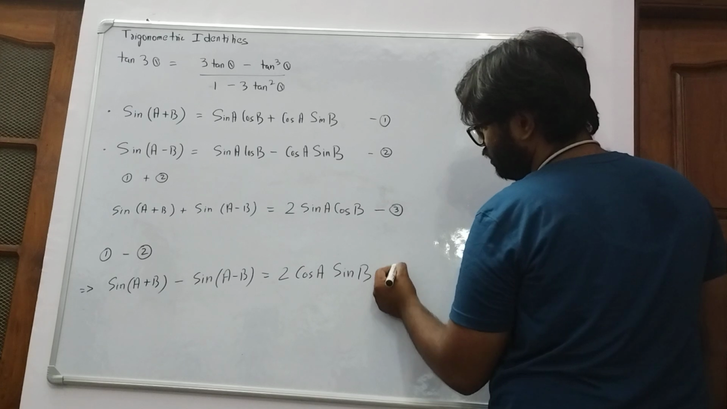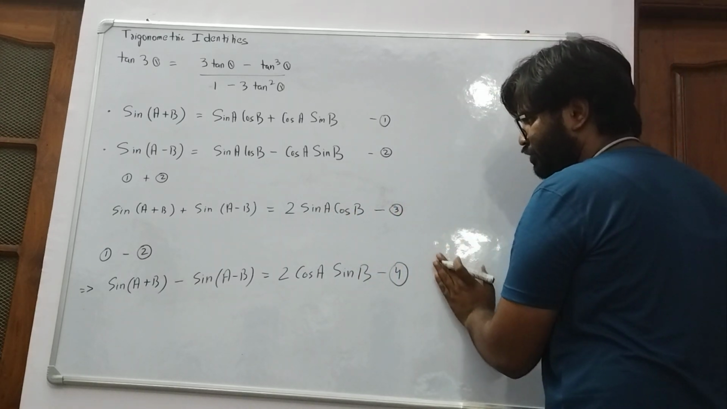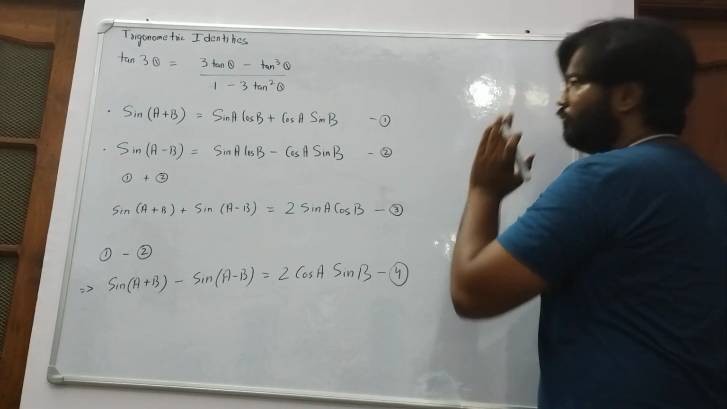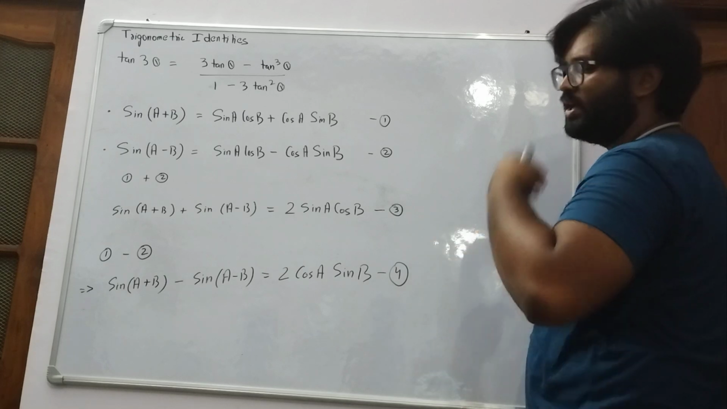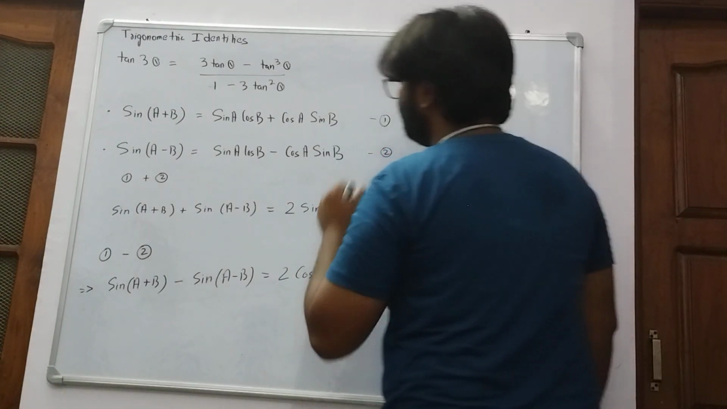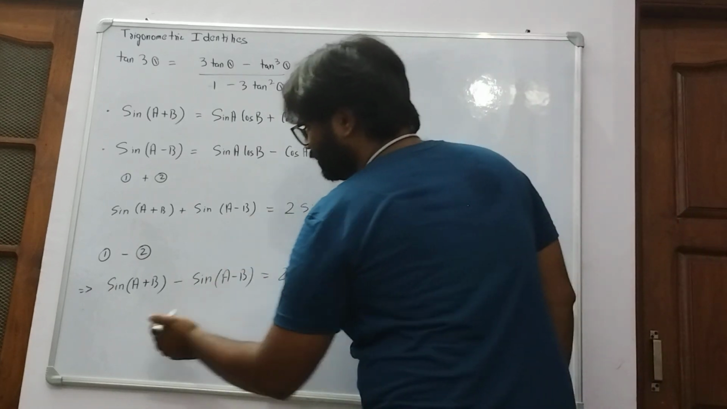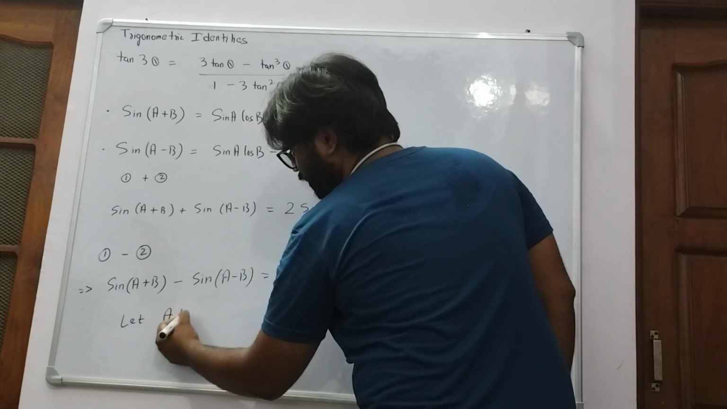This is equation number 4. Now these equation number 1, equation number 2, equation number 3, equation number 4, these all are formulas. Now from 3 and 4 we can deduce another pair of formulas. Let's see how. What we're gonna do is we will simply consider that let a plus b